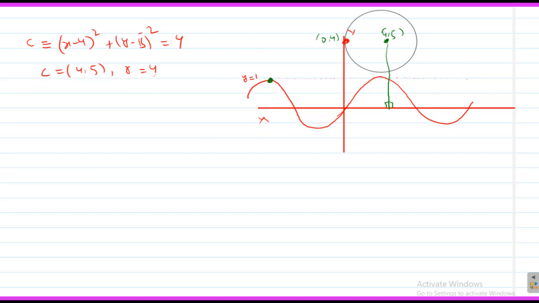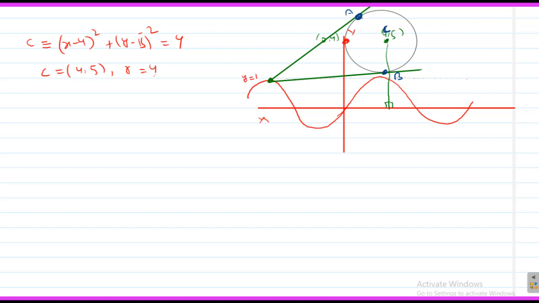From that curve, 2 tangents are drawn to the circle. So observe here, this is one tangent, this is another tangent. Two tangents are drawn. So for example, this is a point C. This is the point of tangent CA, and this is the point of tangent CB. Yeah, observe here students. From any point on the sine curve, tangents are drawn to the given circle. The points of tangency are A and B. So this is C already.